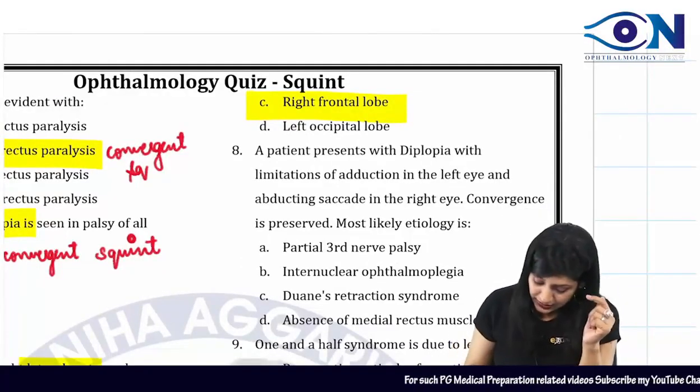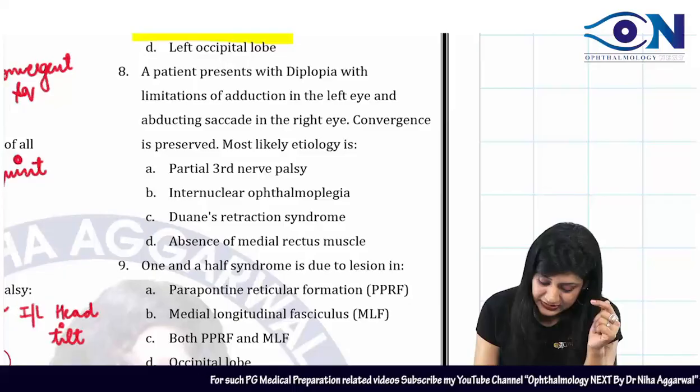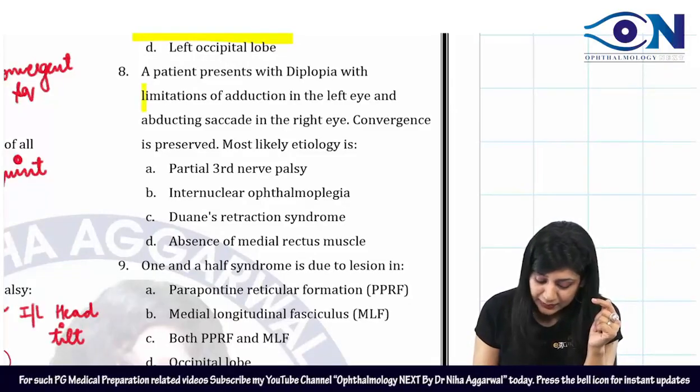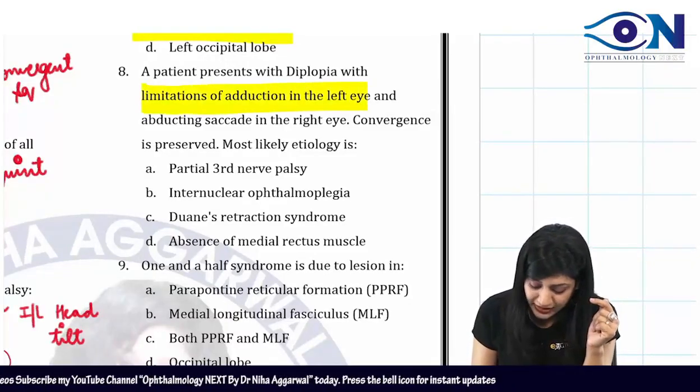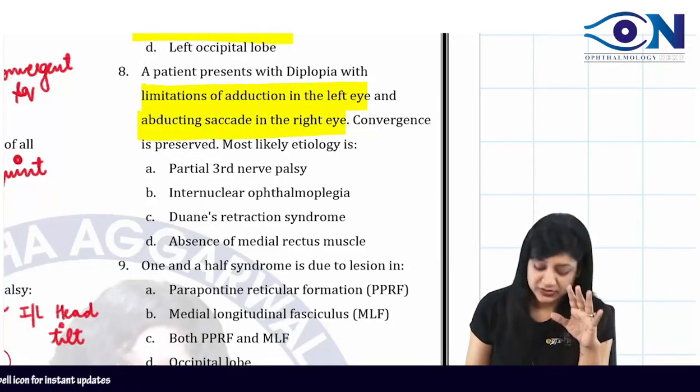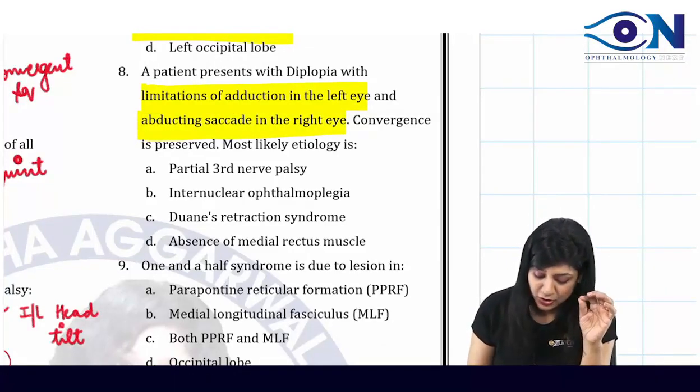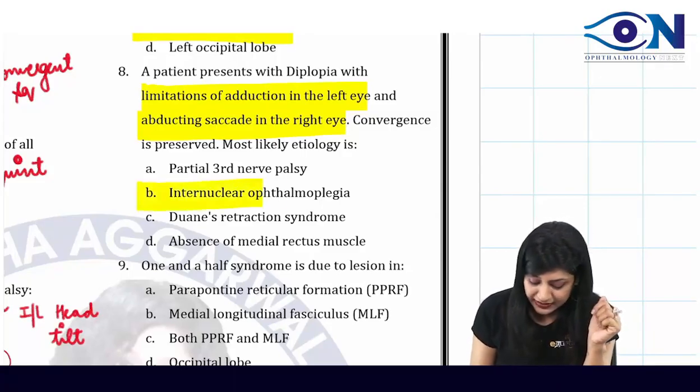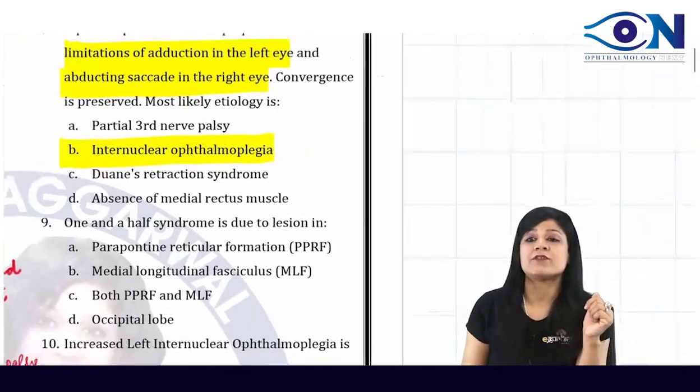All right. Coming to the next question, a patient is presenting with diplopia with the limitation of adduction in the left eye and abducting saccade in the right eye. Convergence is preserved here. So, what is the most likely etiology? This is a direct internuclear ophthalmoplegia. Whenever you have internuclear